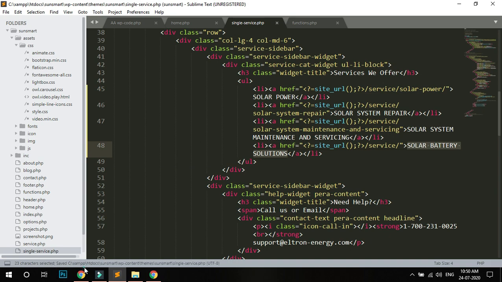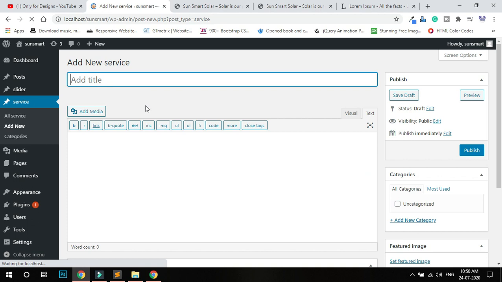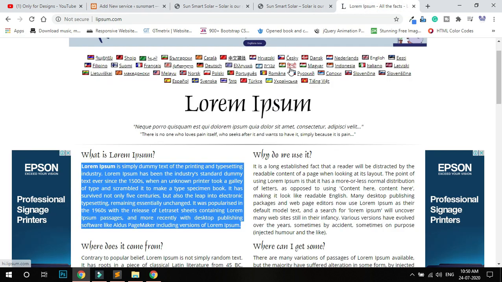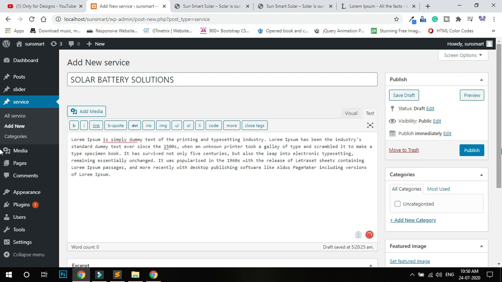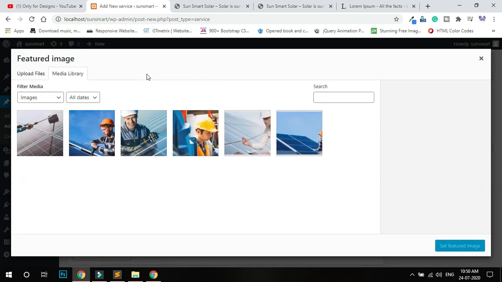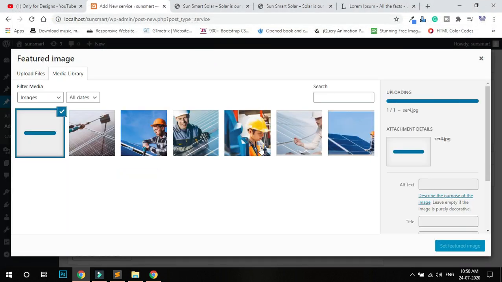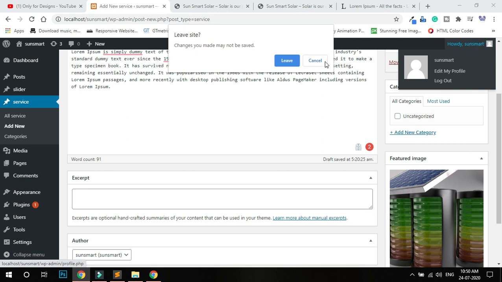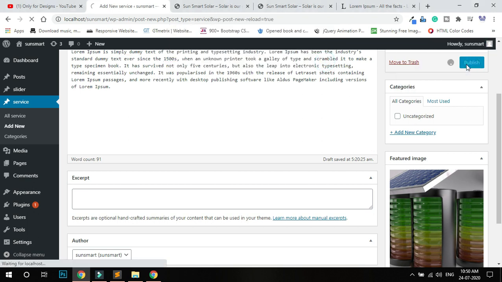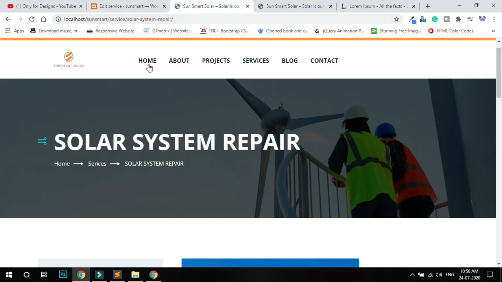Okay, save, add new, paste, copy the dummy text, paste, add the image, publish. So go to the home page.